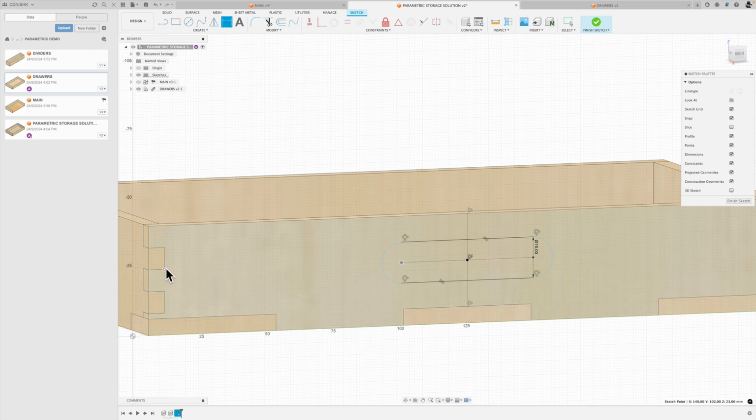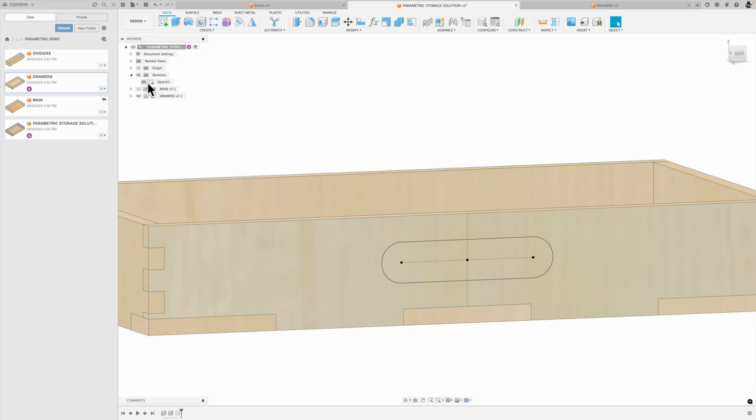So using the dimension tool, I'll just set a measurement here from the edge of this finger. I'll accept the value that I'm given, and you'll note now that the entire sketch is black, which means it's fully constrained. In other words, the sketch has measurements, critical measurements added to it. We can now finish that,